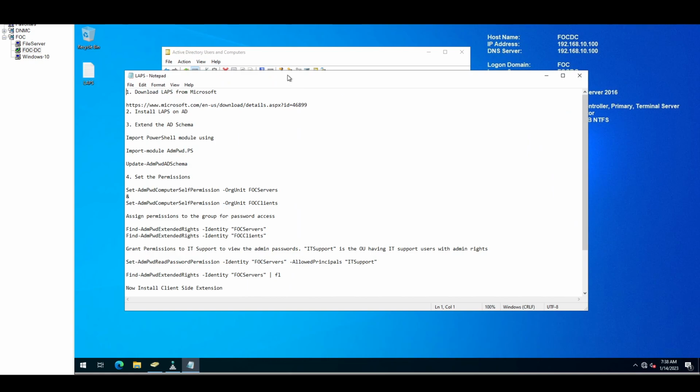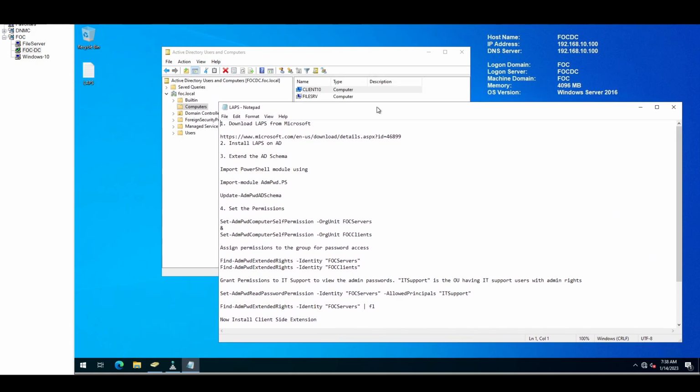I have specified these steps. After this video, I will paste the commands which I am going to use in this video in the video description. So you can easily copy and paste these commands. So it will help you